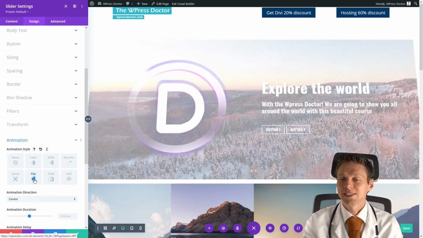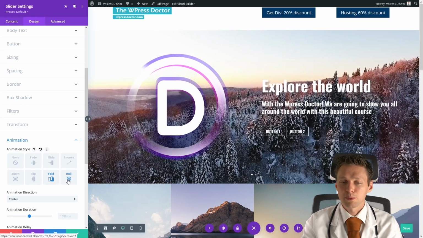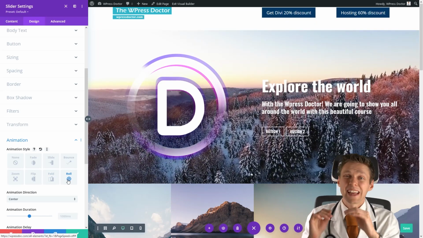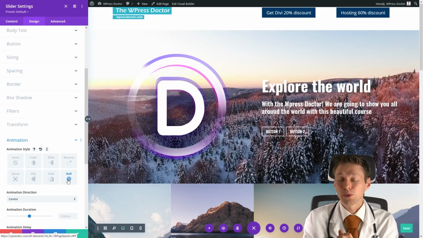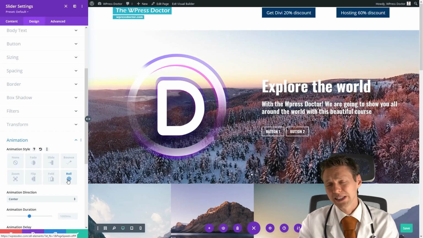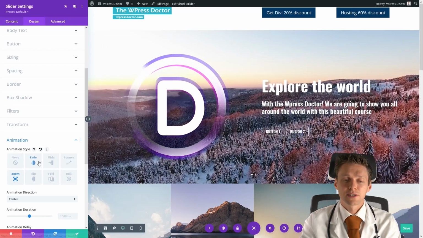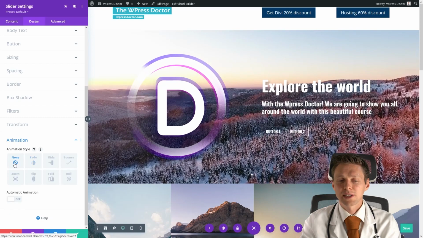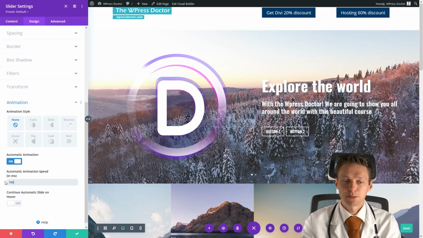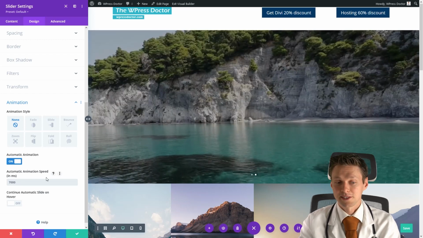You can flip your entire module to animate like this. I would not advise you to do so because, first of all, speed: it will only show this animation after the entire page has been loaded. And that causes a delay of a couple of milliseconds, and you don't want people to wait that long. So I would say just keep this on none, and add the automatic animation, for example, like 7 seconds.